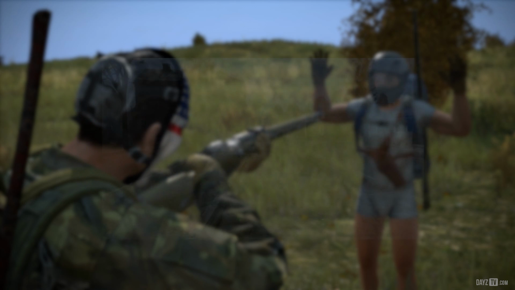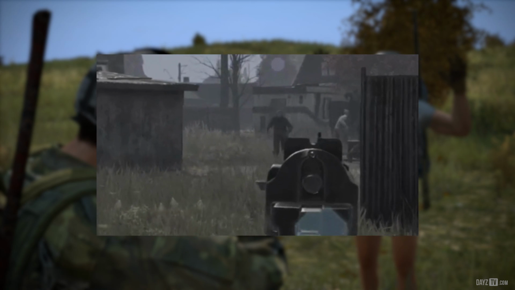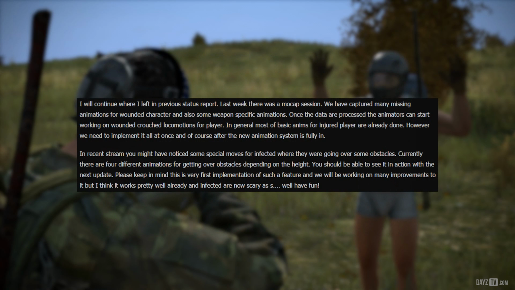In the latest 6.0 stream from PAX, we may have noticed some special moves for Infected, where they were going over some obstacles. Currently there are 4 different animations for getting over obstacles depending on the height. You should be able to see it in action with the next update. Please keep in mind this is the very first implementation of such a feature, and we will be working on many improvements to it, but Victor thinks it works pretty well already, and Infected are now scary as...